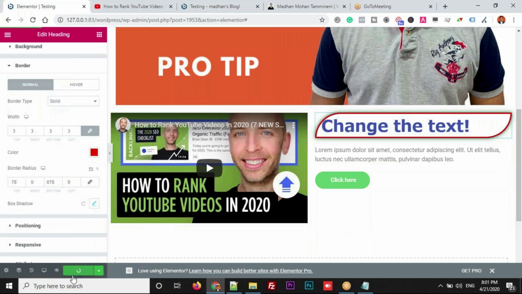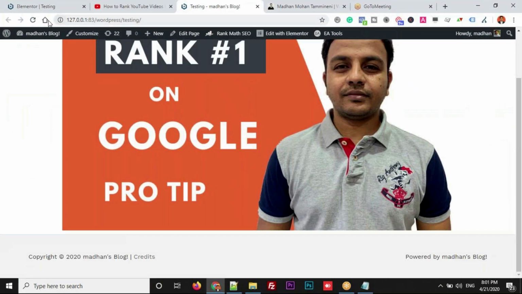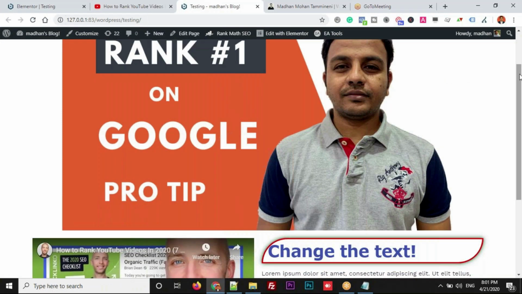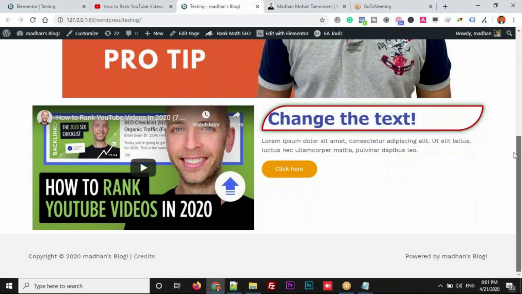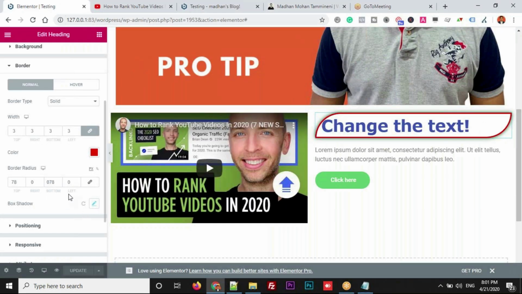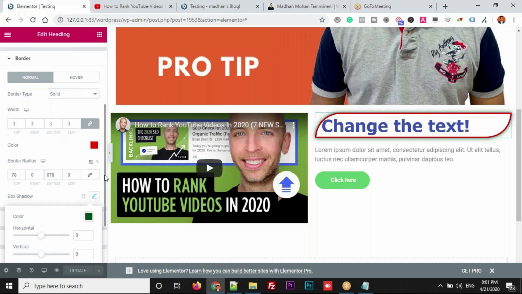Let me open it on the front page so that you can easily see it. A refresh, so that whatever changes we have made so far get reflected. Now you can see the shadow here around this line. There is a slight shadow here, right? Now let me change the positions. Just click on this pencil symbol, scroll down.